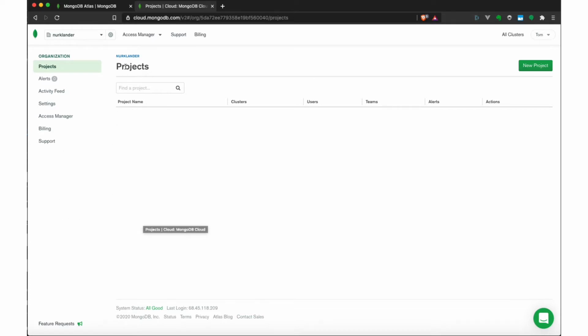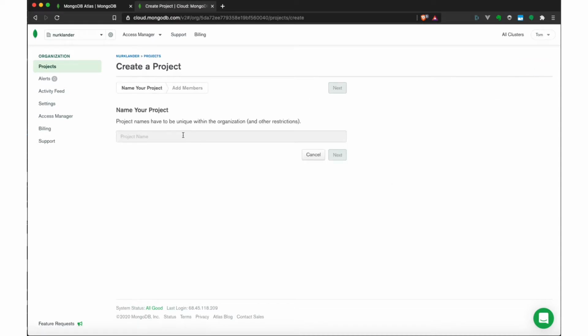Once you get signed in with your new account, you'll find yourself at a page like this, where you can create a new project that you can use to encapsulate the data services that you're going to be using from their cloud. So to start out here, I'm going to create a new project, and I'll just call it Cause 343 Sample,